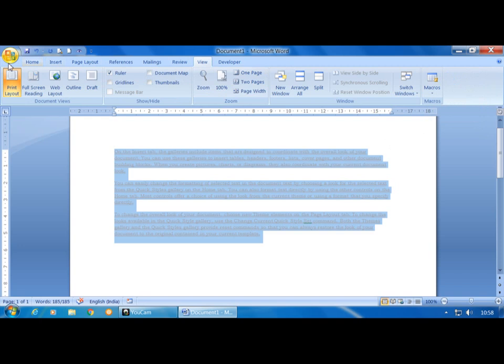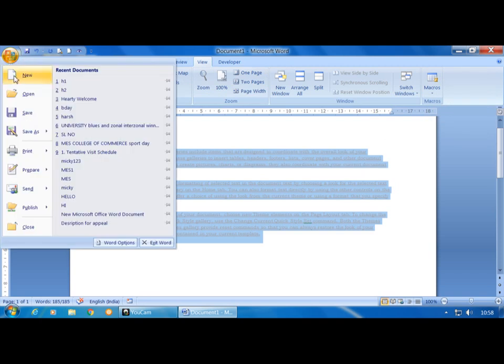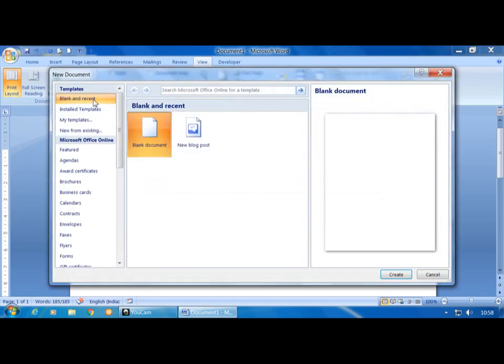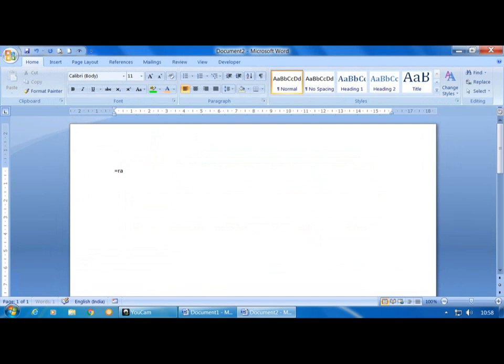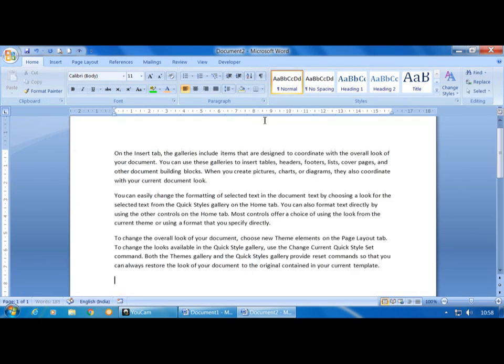Now how to run it? Click on the Office button, click on New, it opens the New Document dialog box, Blank Document, click on Create. Now again type text, then select it.